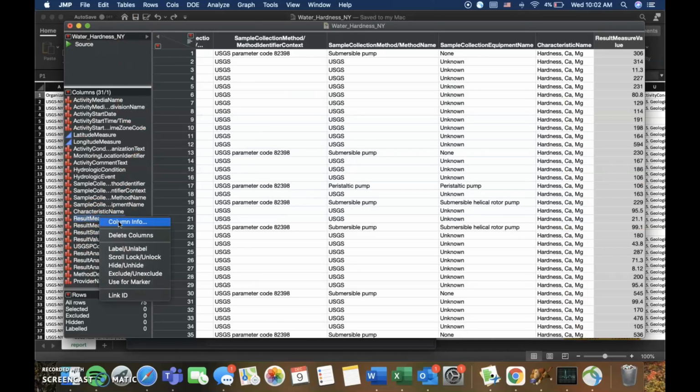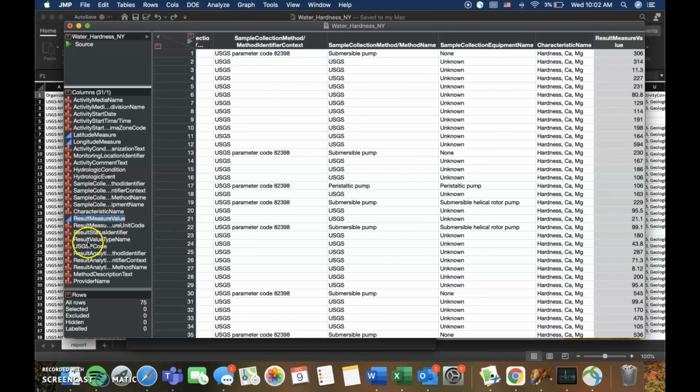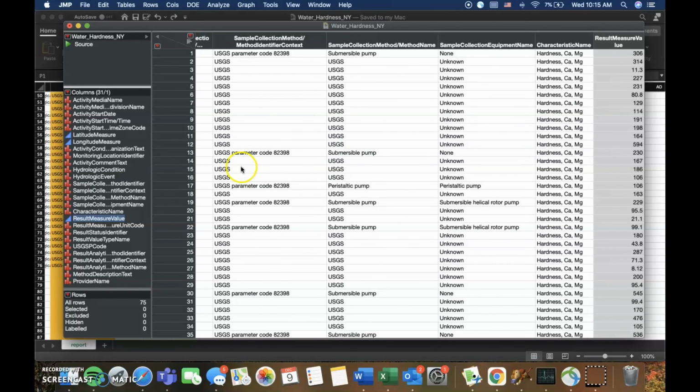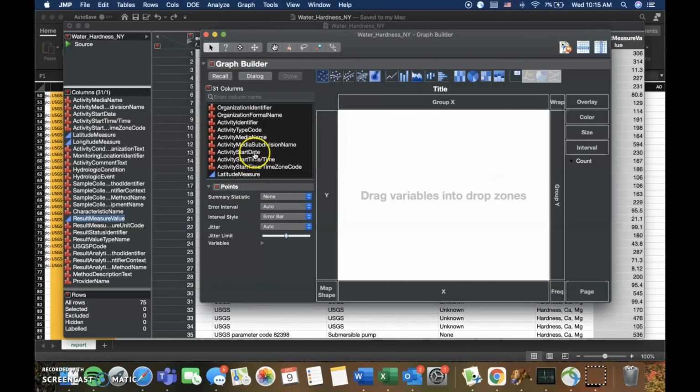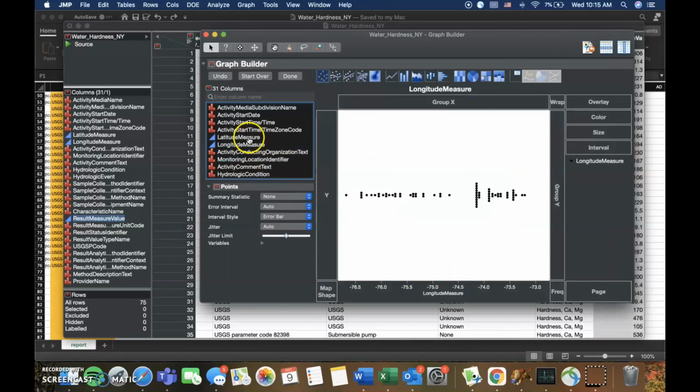To get our results measured in the correct format, we're going to have to right-click, column info, change data type to numeric, modeling type to continuous, and click OK. Now that our data is in the correct format, we can go to the top, click Graph, Graph Builder, and Graph Builder will appear. In order to graph our data, we're going to want to drag and drop our longitude data into the X, our latitude data into the Y,